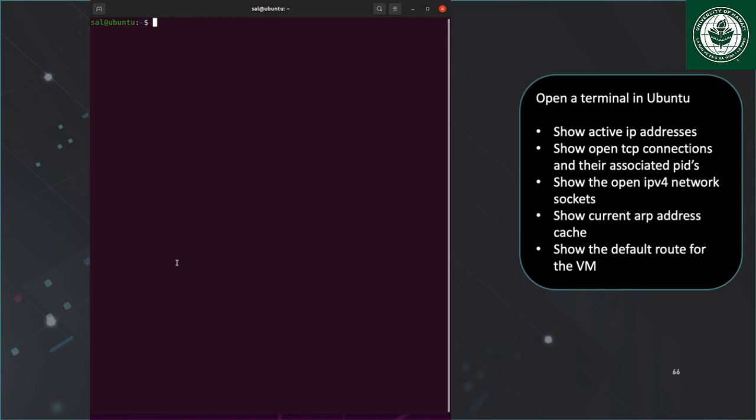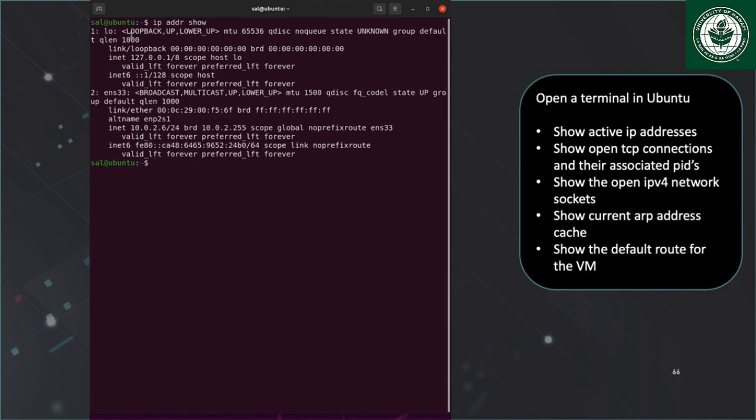Okay, so first let's see all the active IP addresses on our Linux host by typing ip adder show. And you'll notice that we have the local loopback, which basically just points to our own network interface card, 127.0.0.1. And then we have ENS33, which provides our actual local IP address of 10.0.2.6 on a /24 network. Okay, so that's great. Now what we want to do is look at open TCP connections on a Linux host